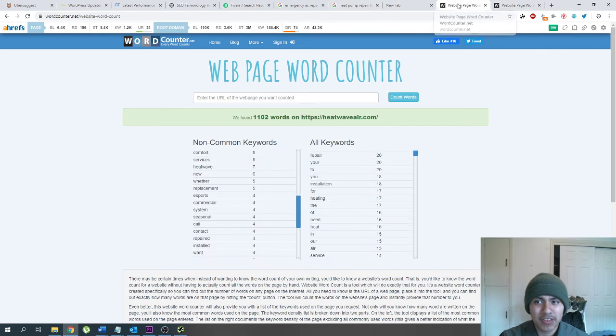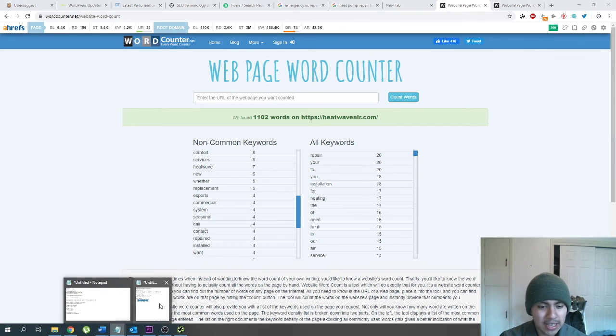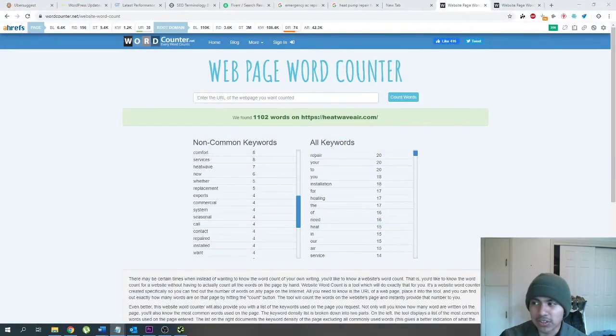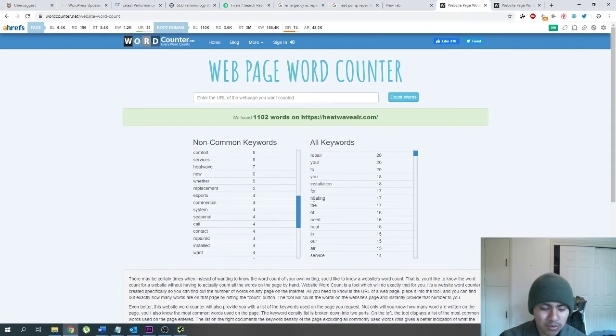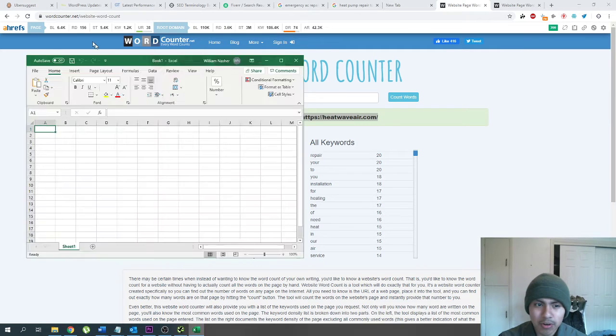So if the top pages are, let's say, for example, 2,000 words and we only have 1,100 words, it tells us that we need more content. And the next thing you're going to also want to check is your image count. So you want to look at how many images you have, and you can keep track of all this in like an Excel sheet. So we might put in, for example, our URL,